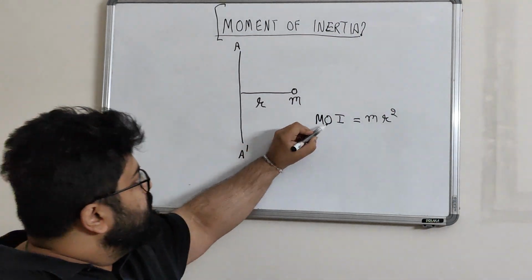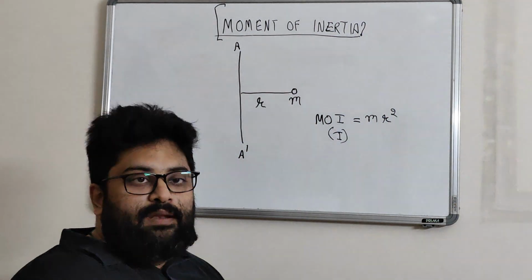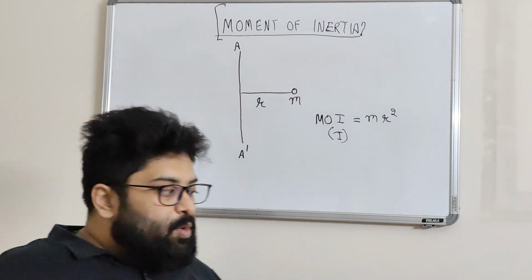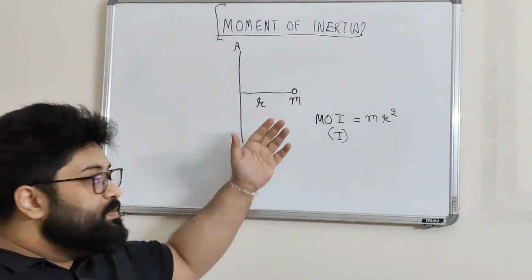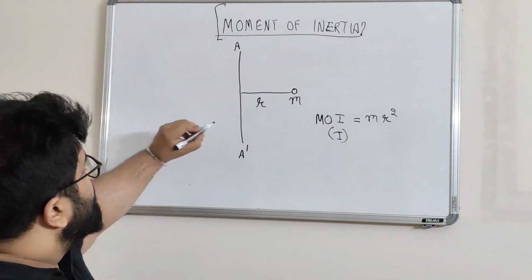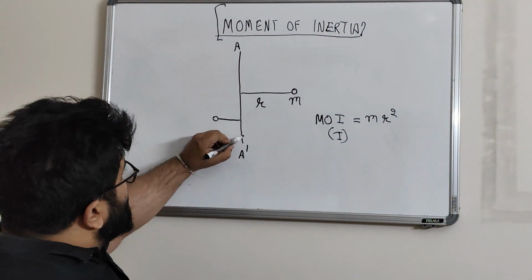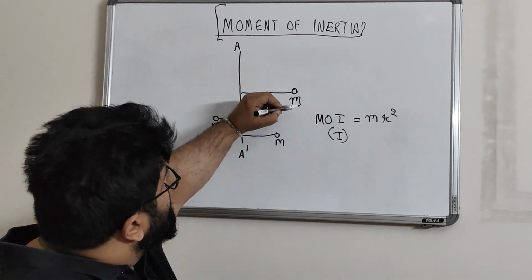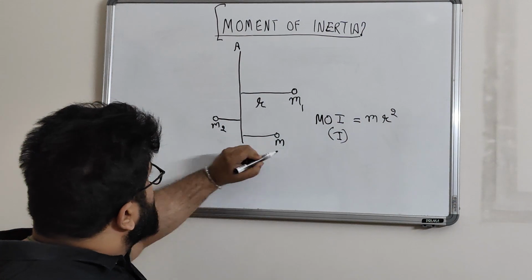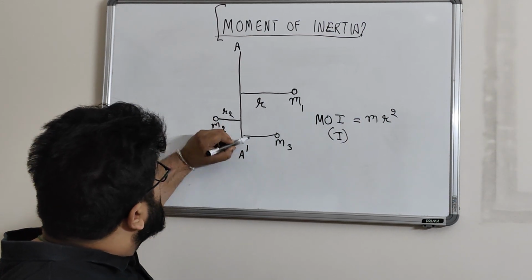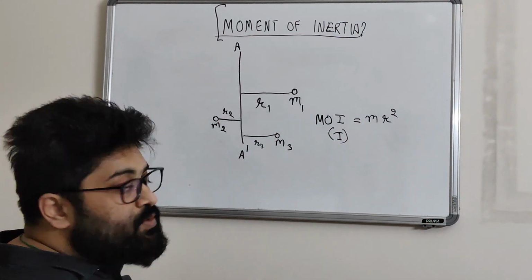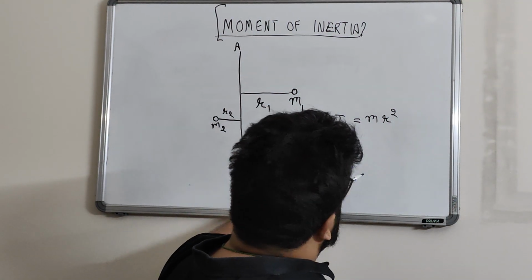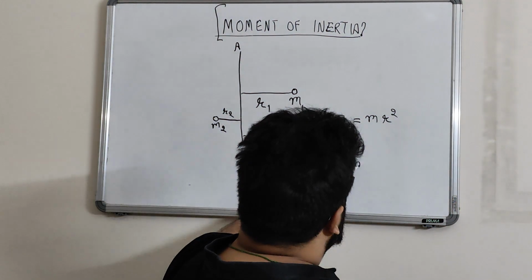Okay, right? Now this was just for one particle. Now when we talk about moment of inertia for bodies, it's not just made up of one particle, it's made up of different particles. So imagine there are several particles, right, with different distances. So the moment of inertia for them becomes the sum for all of these, right? So m